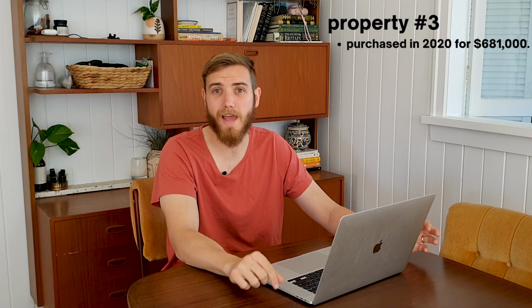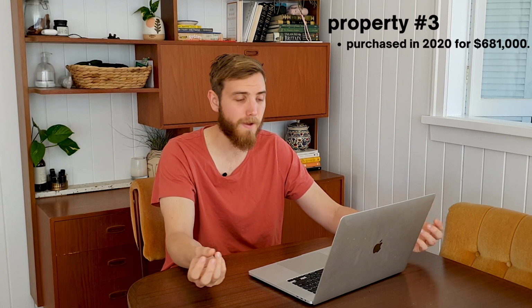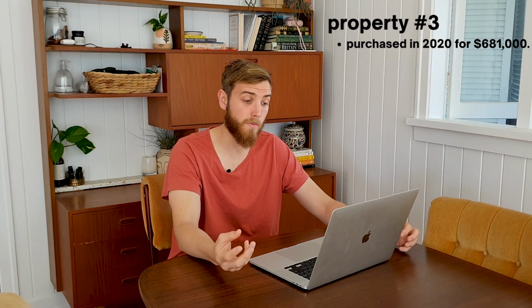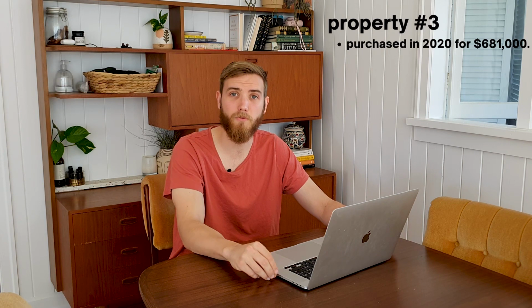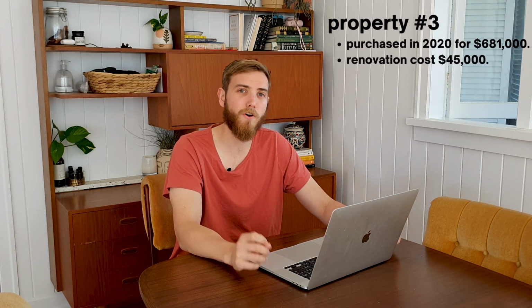Just a few more bits and pieces to go, and then this house will be all done and dusted. So we purchased the Triple Gable Queenslander, property number 3, for $681,000. At the time, that was a lot of money, but in today's market, we've had such growth, it's gone really well. So we've spent so far about $45,000 on the project in terms of renovations, and that gives us a cost base of